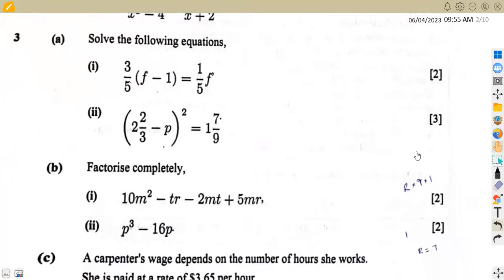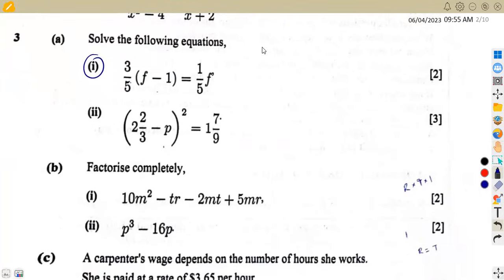The first part is to solve the following equations. That is 3A item 1. All right, this part. How can we solve this equation, guys? If you check properly here, this simplification simply means 3 over 5